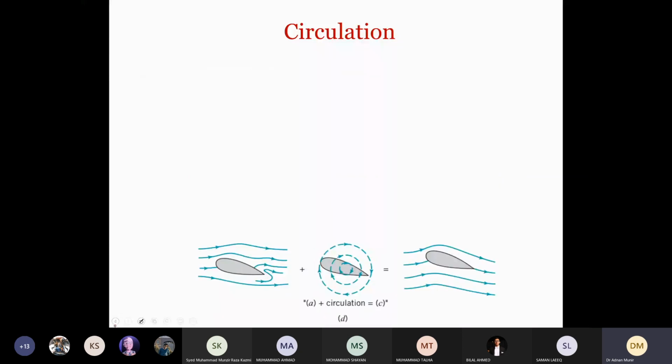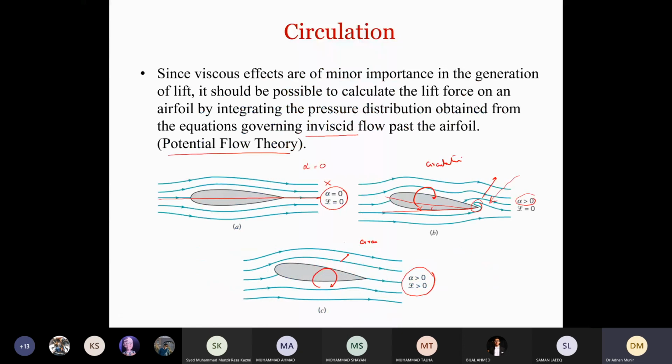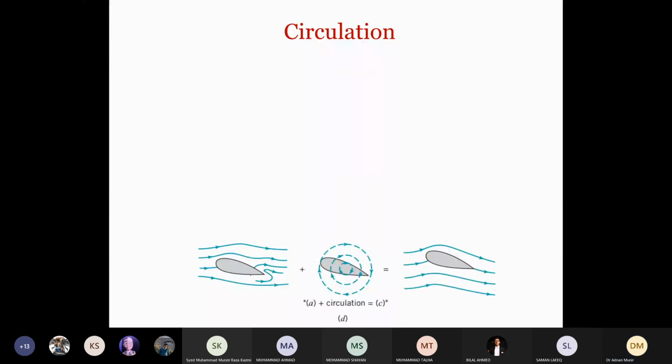Now this case which I showed you is equivalent to saying that we have this condition when alpha is greater than 0, but lift force is 0 because of this unsteadiness. And now if we add circulation, we also discussed the potential flow of circulation in the last lecture, chapter 6, right? So this is the same circulation that we talked about earlier, and when we add this circulation to the flow, you can see that when we add these together, the streamlines are now smoother. So this is the effect that circulation has on the flow path and aerofoil.